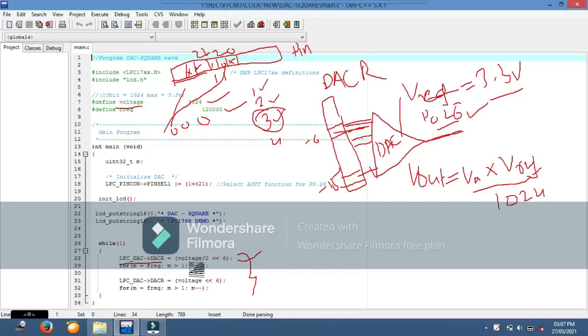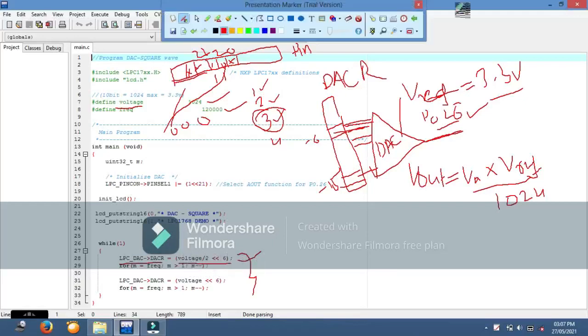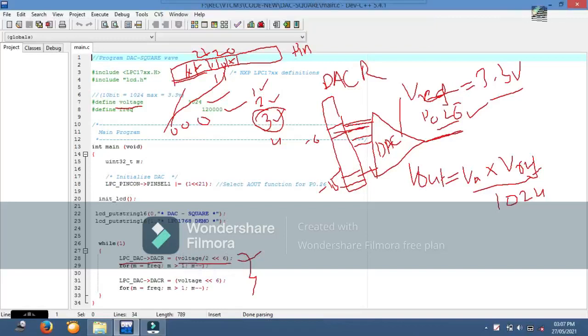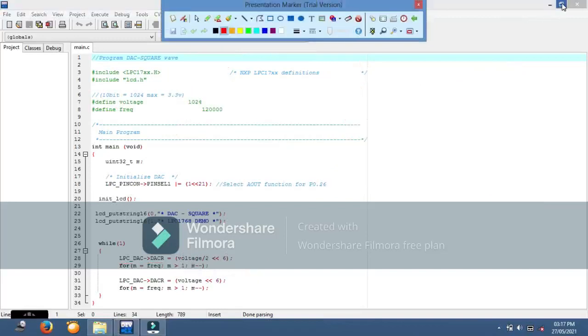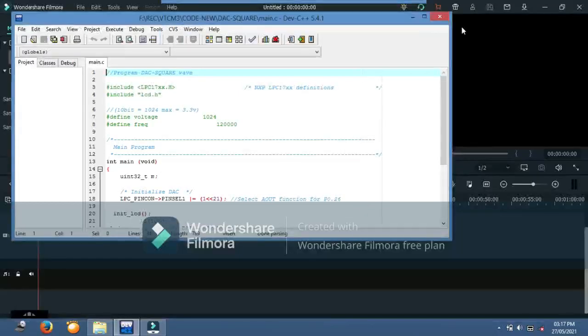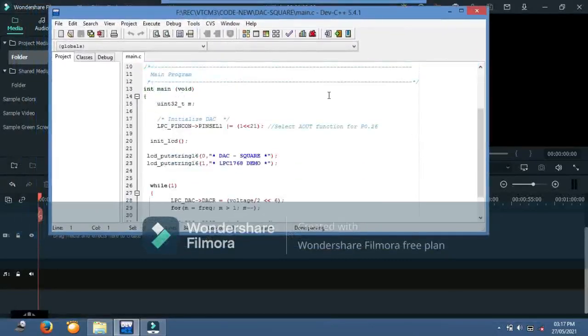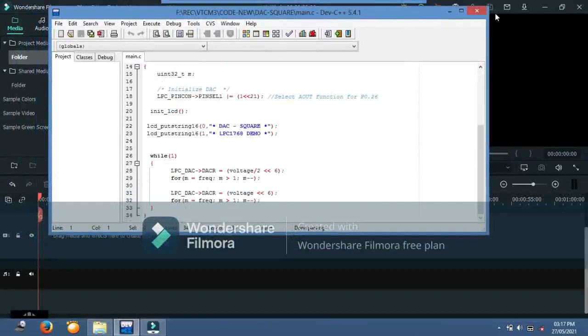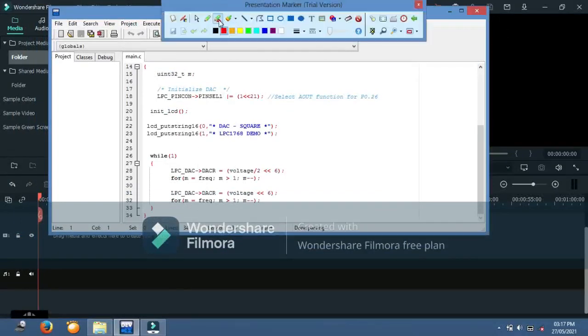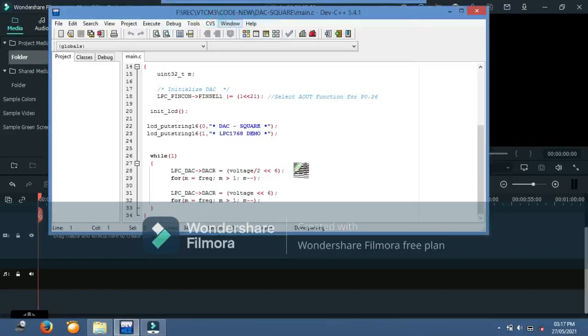Here we are writing this value, voltage divided by 2. I'll take it up a little bit here, otherwise you can't see. Okay, so here you can see what we are doing.